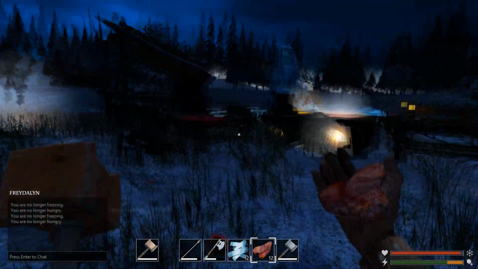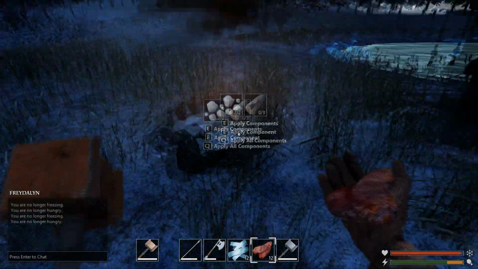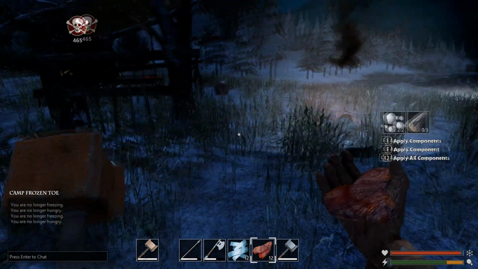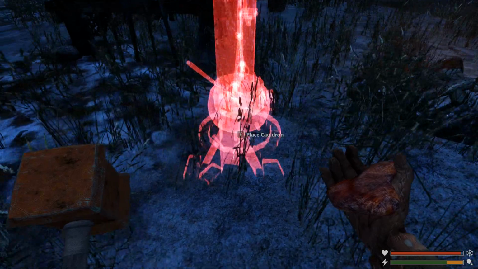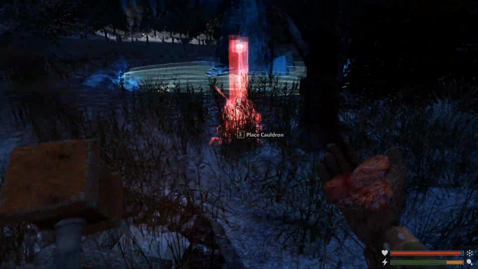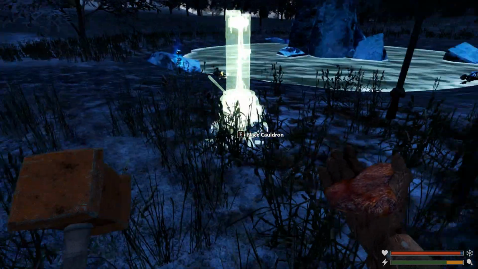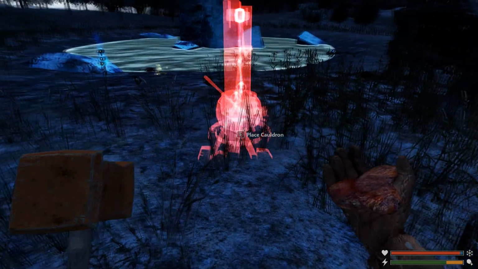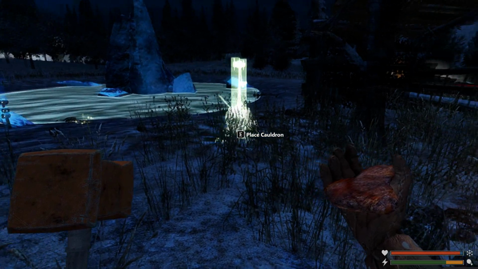Alright, now we gotta figure out a good place to put the cauldron. And I'm thinking since we have a campfire right over here, let's just go and put the cauldron over here on this side. Let's go to J, and we'll do that. Now the cauldron is going to have to go a little ways away apparently. And I don't know how far away it has to go. Looks like a little ways away. Wow, that guy actually has to go quite a ways away. I don't know why he has to go so far away, but...